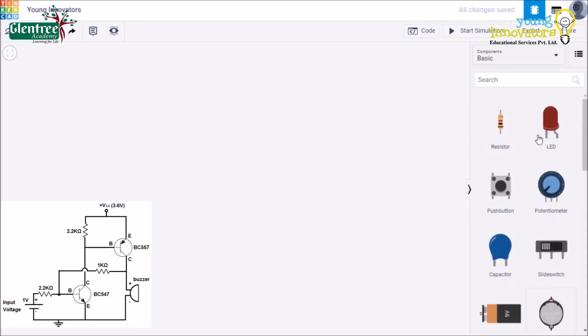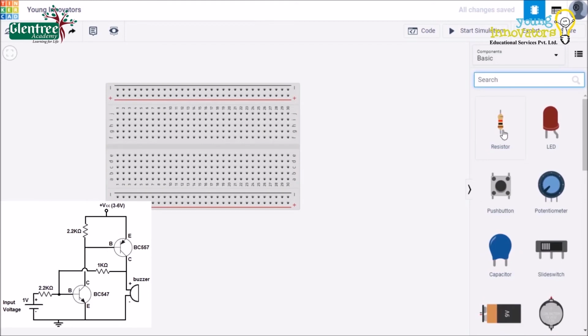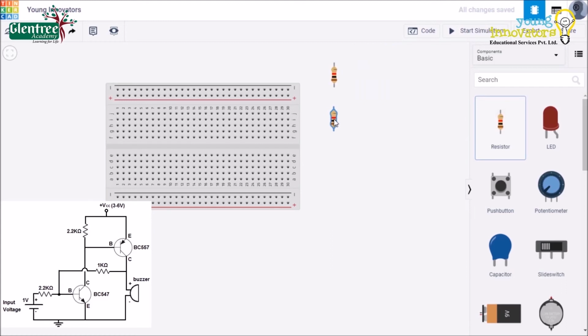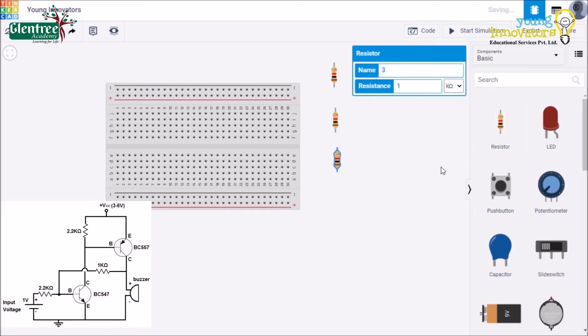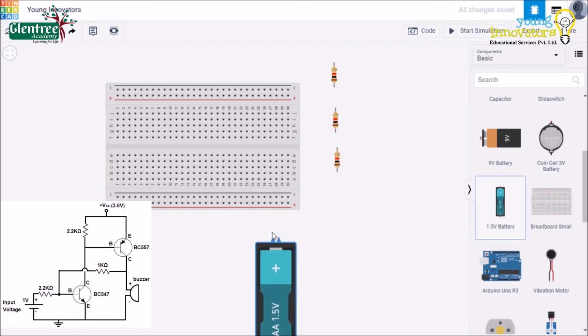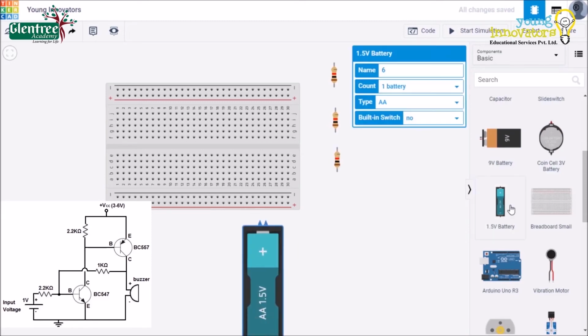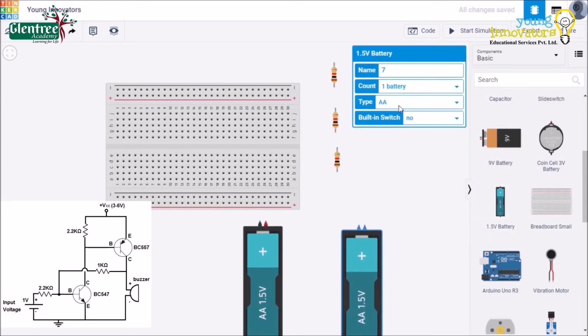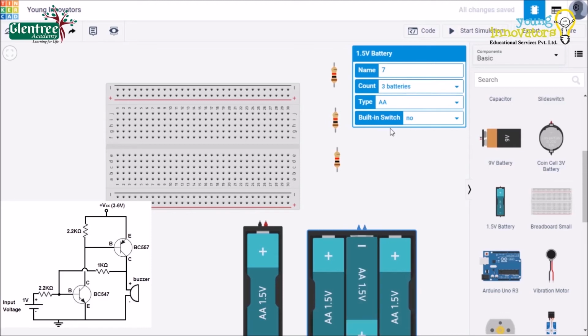The components needed are a breadboard, 3 resistors of different values, a 1.5 volt battery and a 4.5 volt battery. We can change the number of batteries needed just by clicking on the count of the battery. So here I take 3 batteries of 1.5 volt and 1 battery of 1.5 volt.